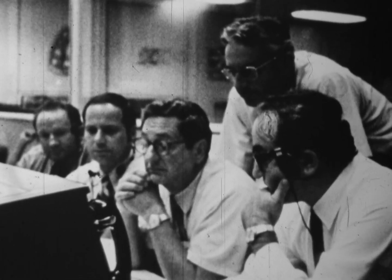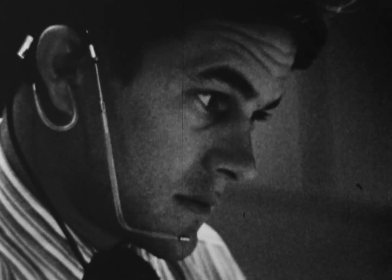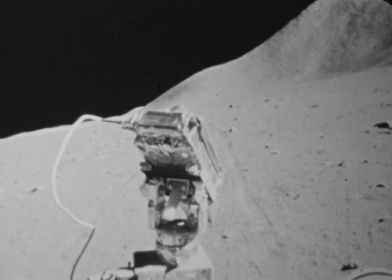Okay, hop on and we'll get on with it here. They buckled their seat belts for the ride back to the lunar module. Oh, what a big mountain that